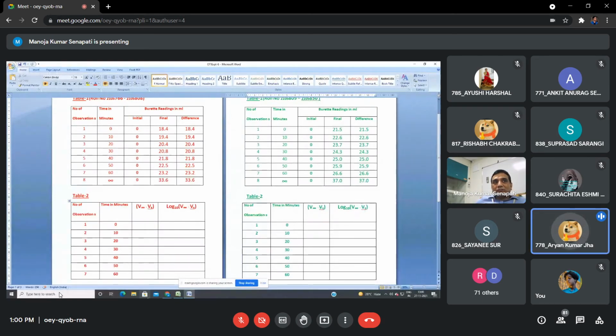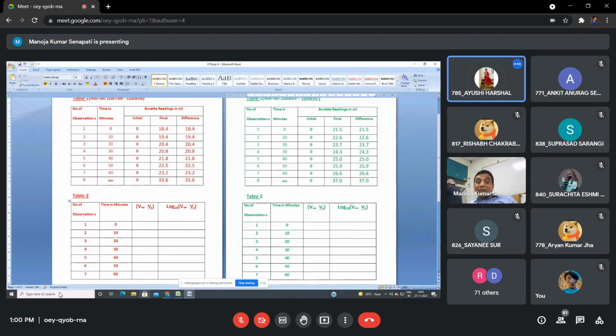Sir, the table 2 we have to make below the table 1? Yes, below the table. Sir, one table I have made, the below one I have made on the next page. Okay. And there's no space below that. If there is no space, then you are bound to do it on the next page. Okay, thank you, sir. If space is there, I am telling you, no space is there.